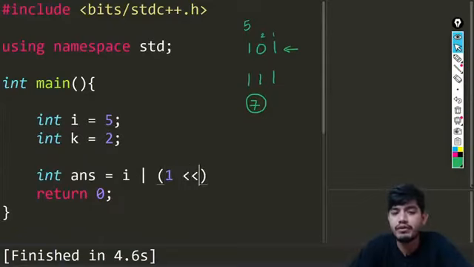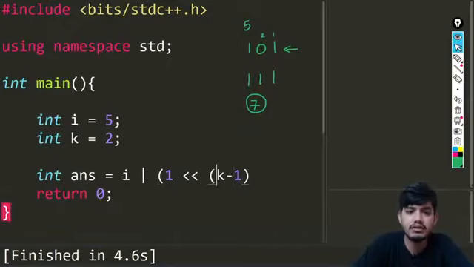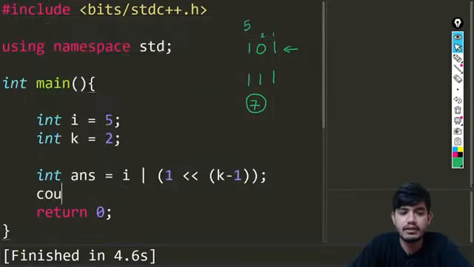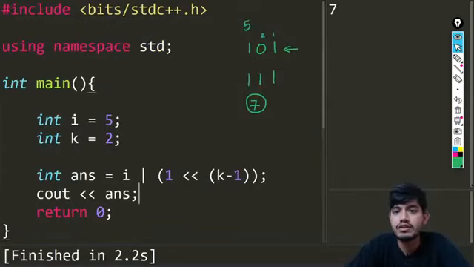I'll be doing the left shift operator on 1, k minus 1 times. If I do this, I'll get the answer. Let us try to print the answer here. You can see the value we are getting is 7.